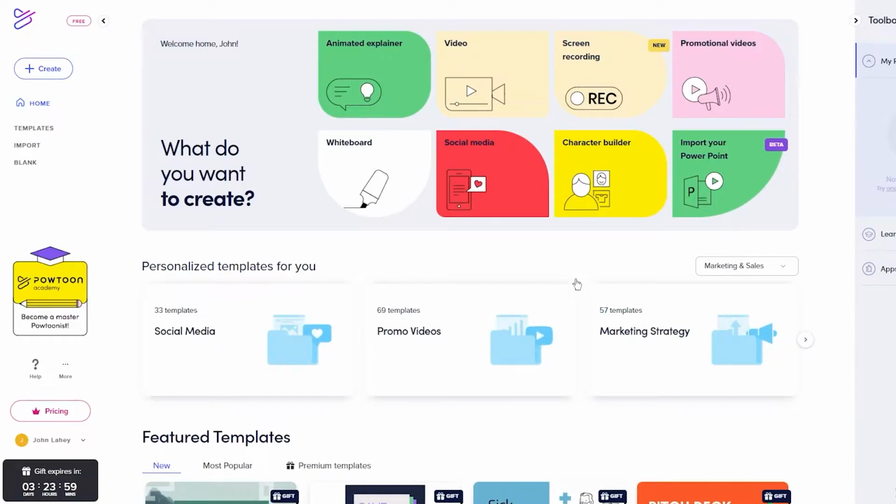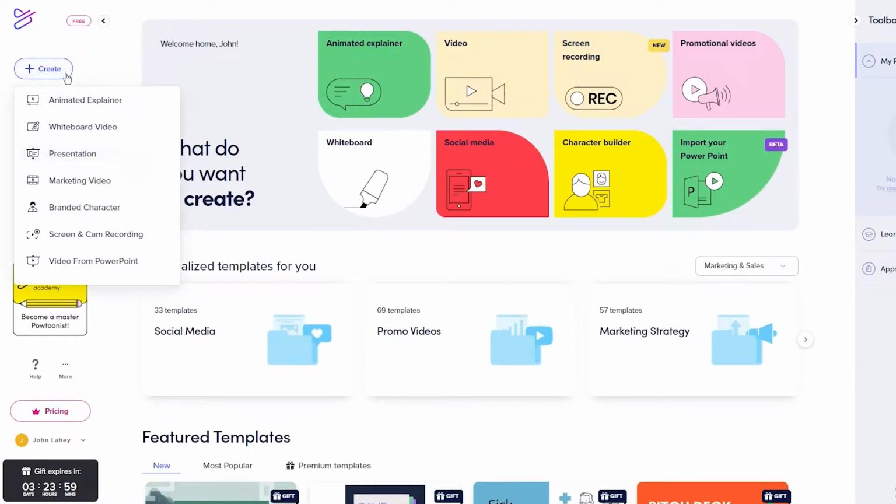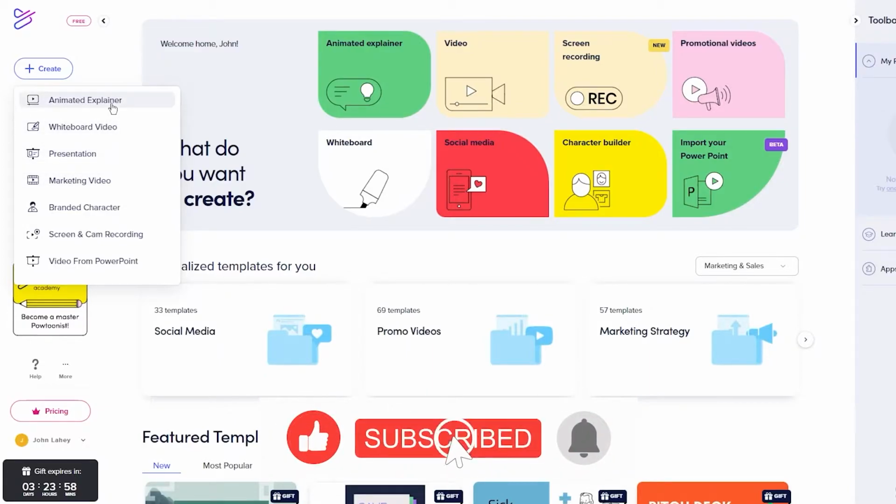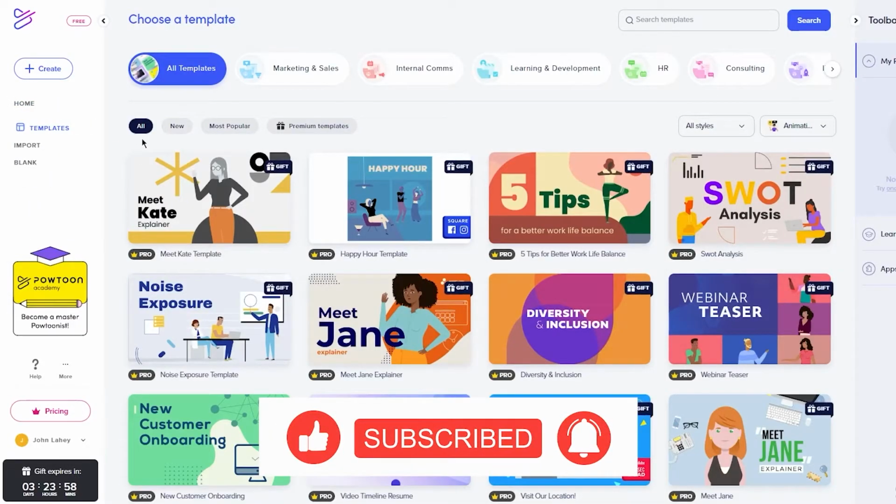Now, over here, as you can see, you have tons and tons of features to go along with it. So first of all, you have create up here. And once you go on create, as you can see, you have all these features like animated explainer, whiteboard video, presentation, marketing video, branded character, screen and cam recording, video from PowerPoint, all these different features that you can go with. Now what I'm going to do is go on Animated Explainer, and once you do that,